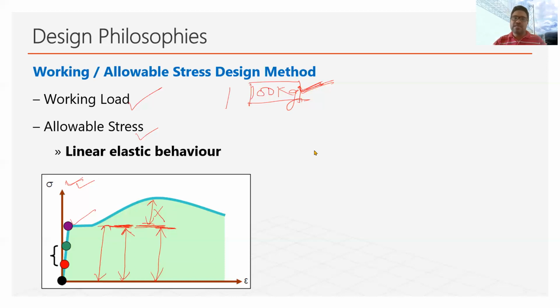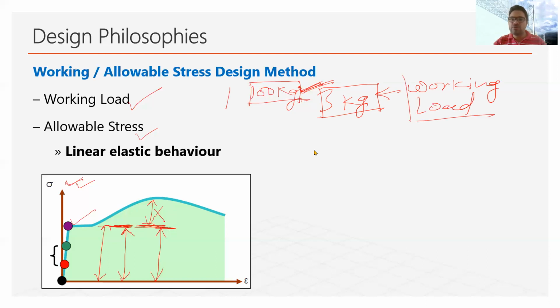So now that load may be the weight of the cloth that this person is wearing. So this weight of cloth that this person will be wearing will be the working load for this person. This weight of cloth can be up to 2 kg or 3 kg. So we can say that 3 kg is the load this person can carry for his entire life. So this 3 kg load will be known as the working load for this person.